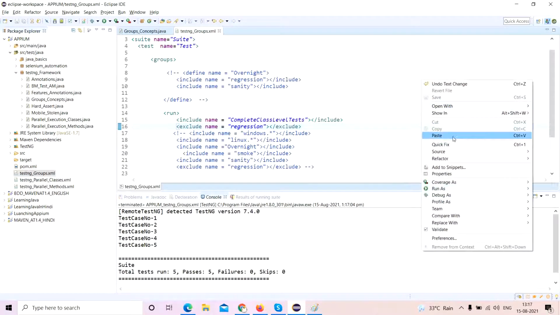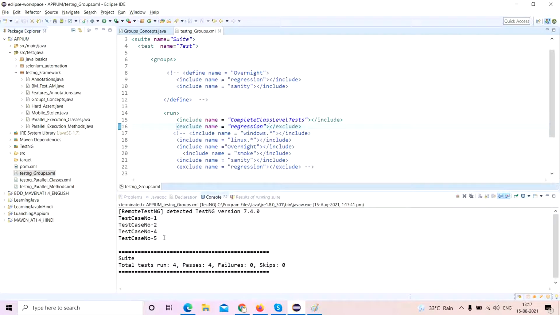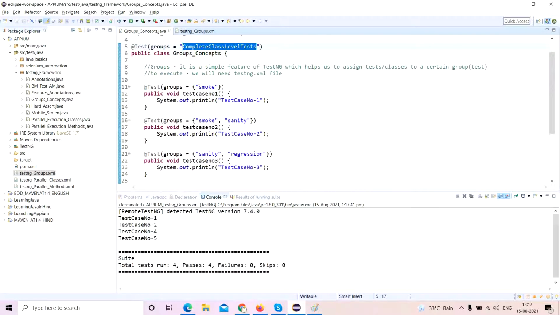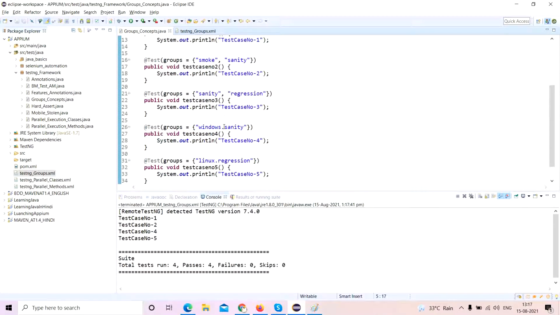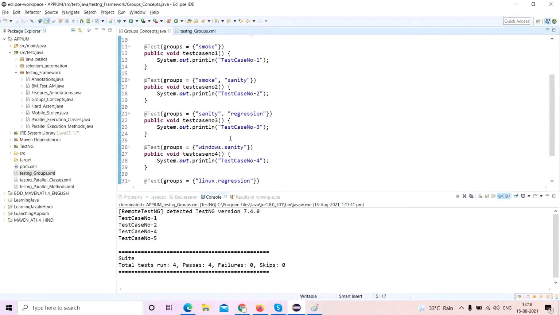Now let me execute. 1, 2, 4 and 5 are coming. 3 is not coming. See, linux.regression is not equivalent to regression.